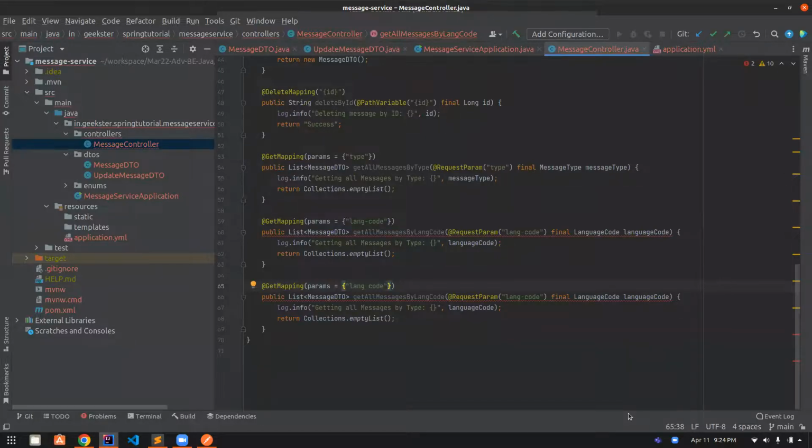So what I can do here is, with this, I can say type. When I do this, if you did not use this, it would have worked in the earlier case because there was only one query parameter. But now that you have multiple query parameters, you will have to specifically tell this request param which parameter you want injected in here. So here I'm saying I want the value that comes for language code injected inside the language code. Similarly, what I'll do is